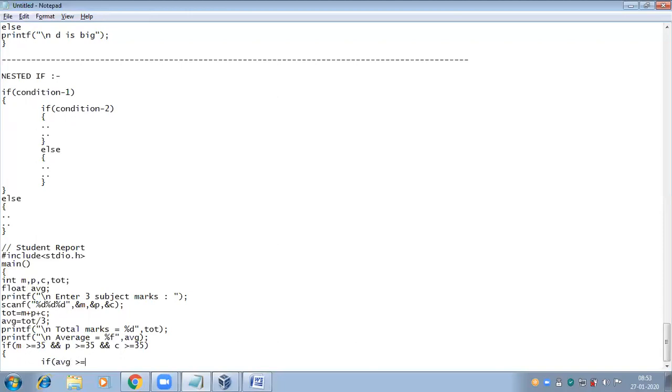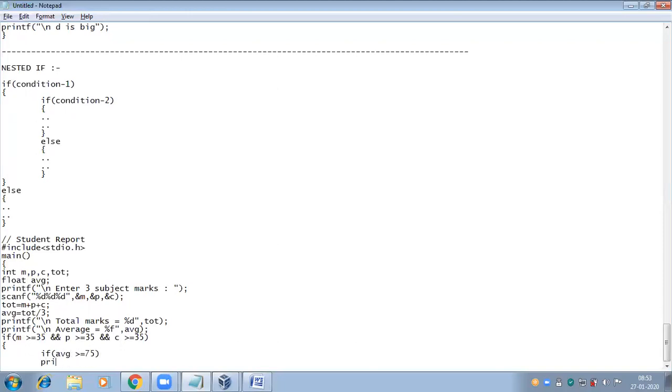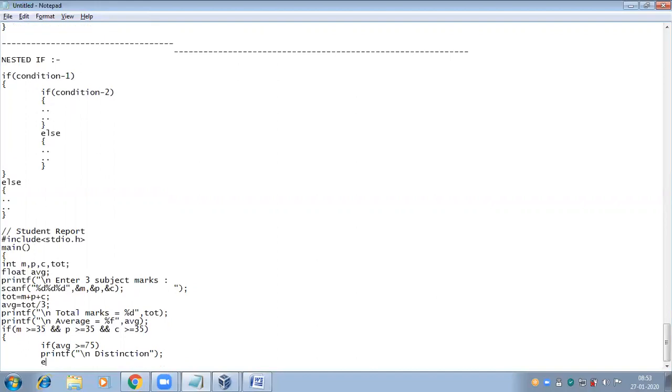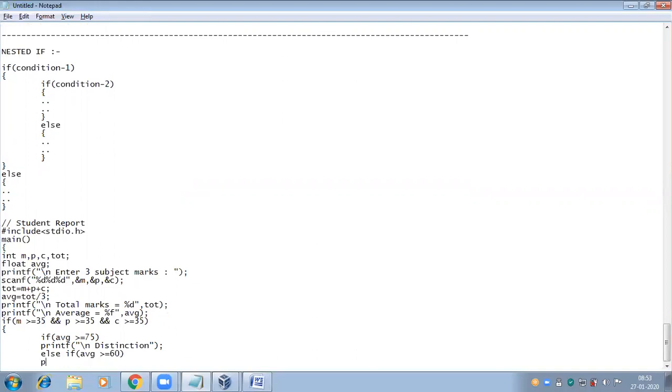If average is greater than or equal to 75, then here I am printing first distinction. Else if average is greater than or equal to 60, then here I am printing first class.